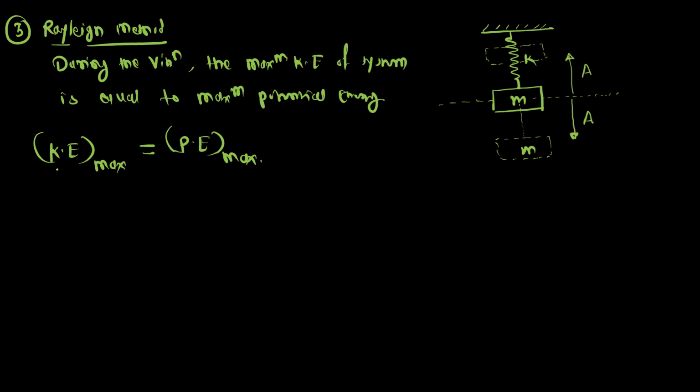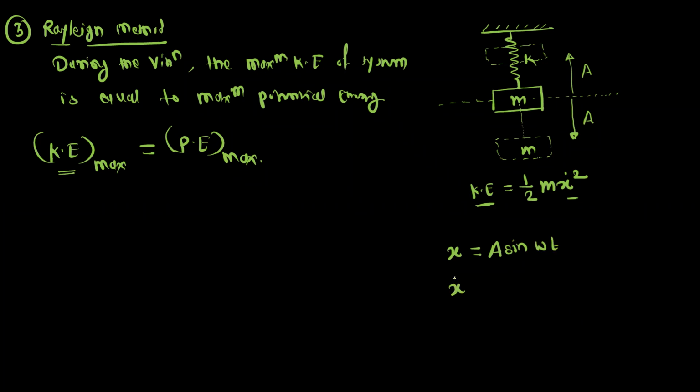So the maximum kinetic energy, we can have this equation when there will be maximum velocity. Okay. Because for the kinetic energy, the equation is 1 by 2 m x dot square. Okay. So kinetic energy will be maximum when the velocity is maximum. Okay. So we have equation for the displacement, velocity, and the acceleration in the simple harmonic motion. So displacement equation is x is equal to A sin omega t.